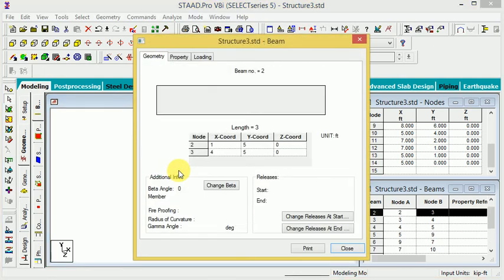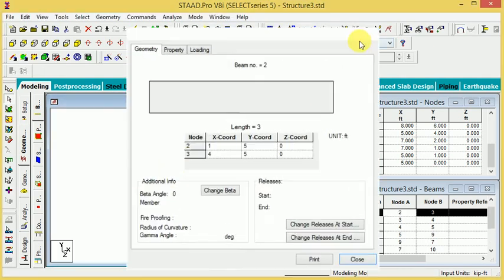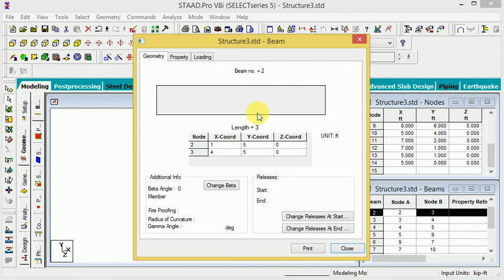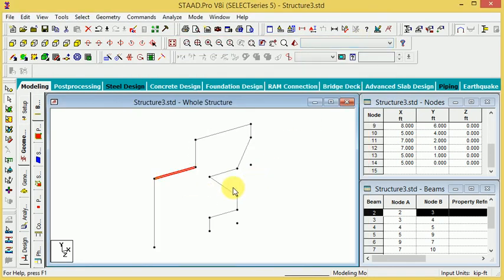Same thing, double-click on the line and the table shows here. Look at this, nodes 2 and 3, x coordinates 1 and 4, y coordinates 5 and 5, z coordinates 0 and 0. So it's very easy to maintain this line, and easy to understand.